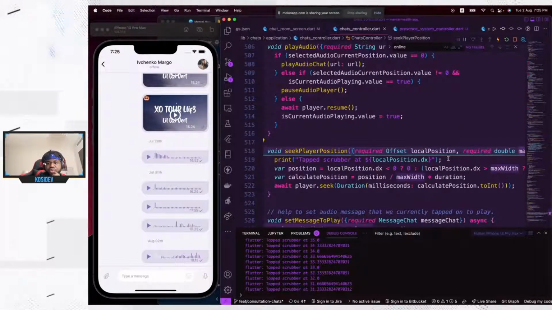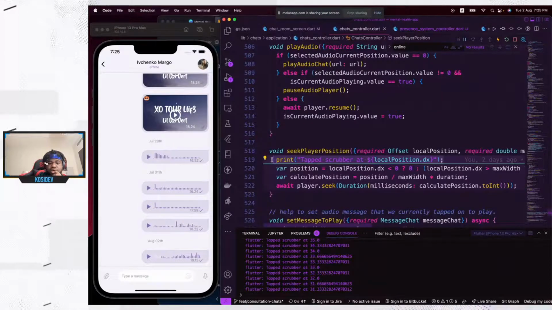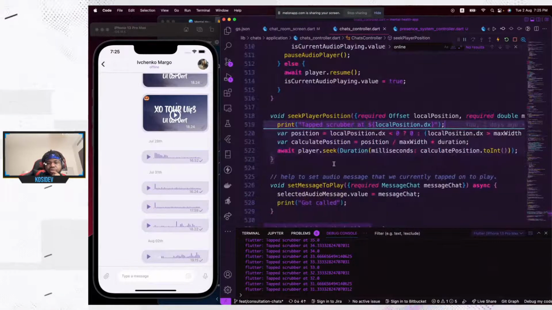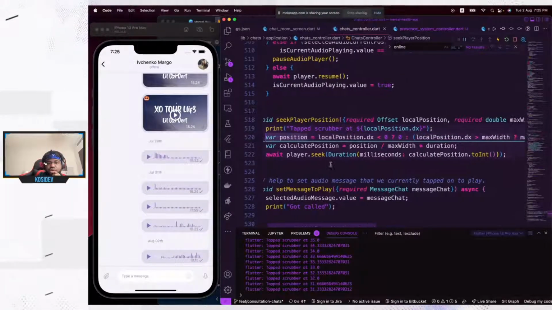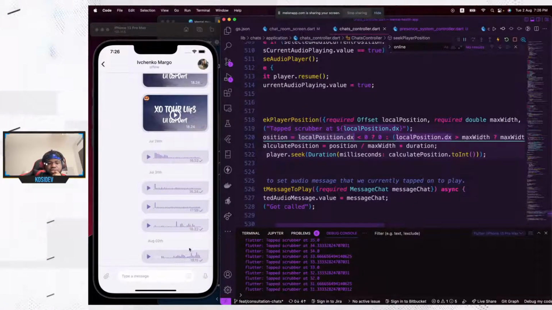In the calculation we are doing here, let me remove this, or I can leave it there and remove it later. We have this position variable, and we get the position where the user tapped on this bubble. If the position is zero, that means the user tapped somewhere outside the bubble, so they didn't tap on any of this, then return zero. So basically the user tapped at the beginning or end, and that returns zero. If the user taps somewhere within this range here,